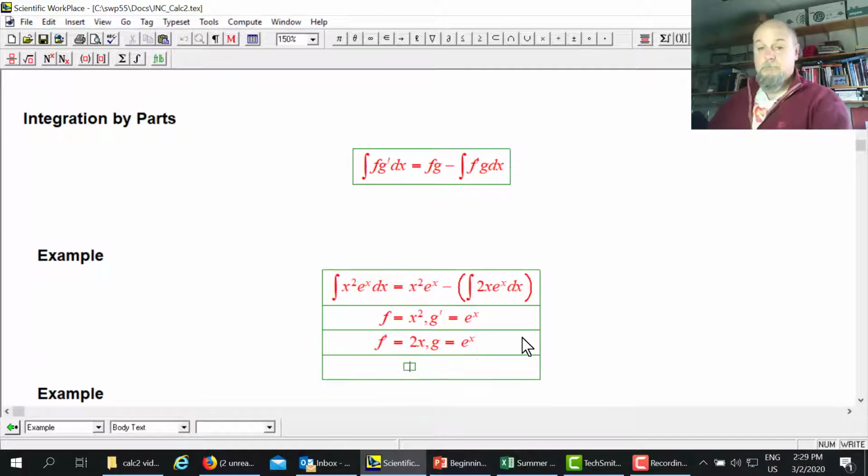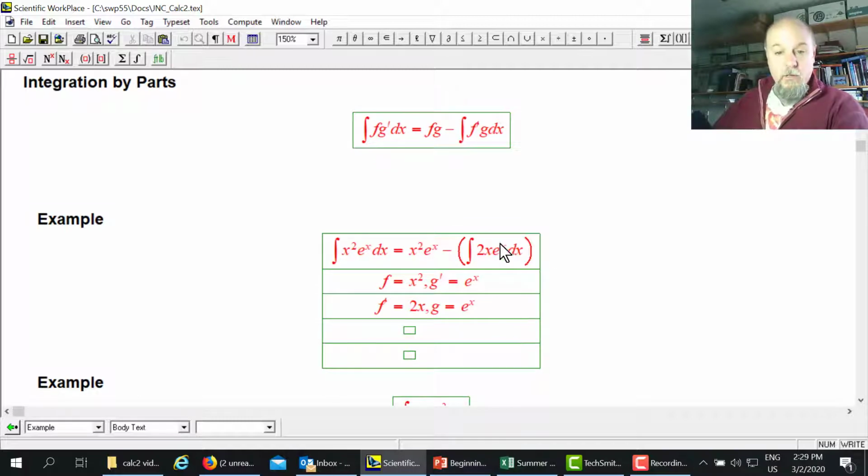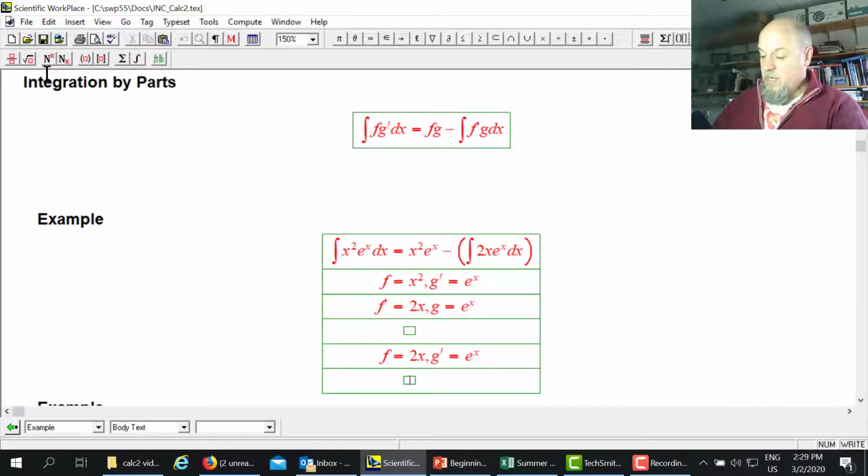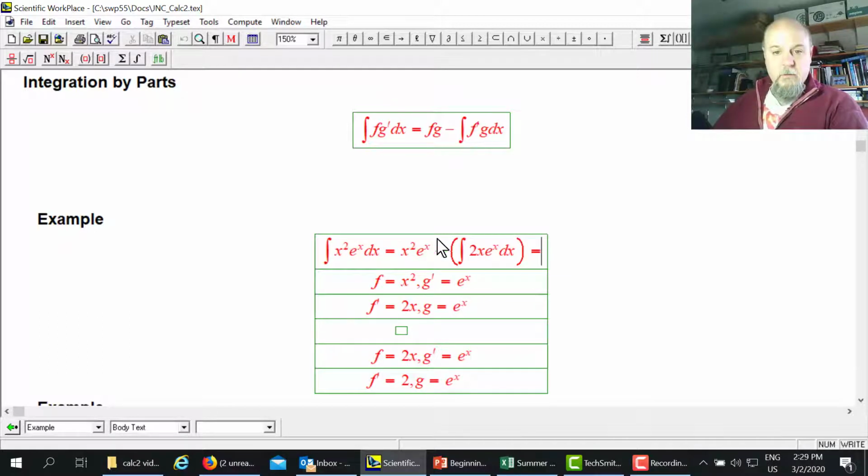I'm just looking at this integral here. I need a piece to differentiate, and I'm going to make that the 2x. I need a piece to integrate, and I'm going to make that the e to the x. So let's differentiate the 2x, and let's integrate the e to the x. Stays the same as e to the x. And now this integral in the middle here equals